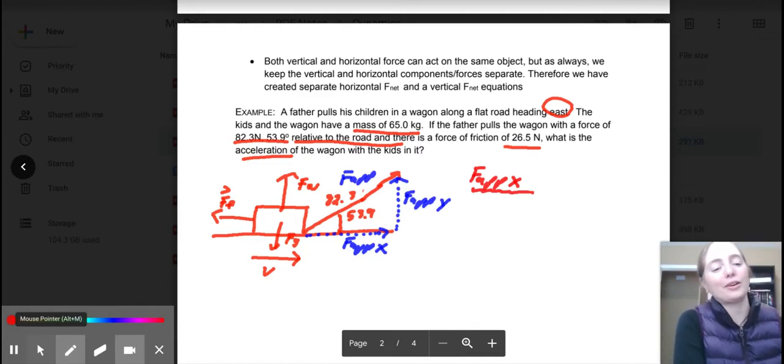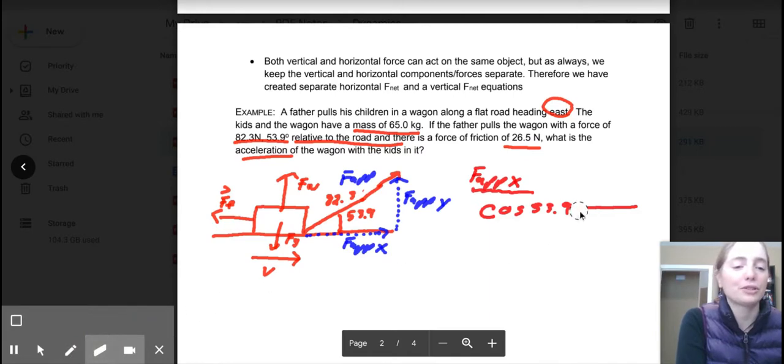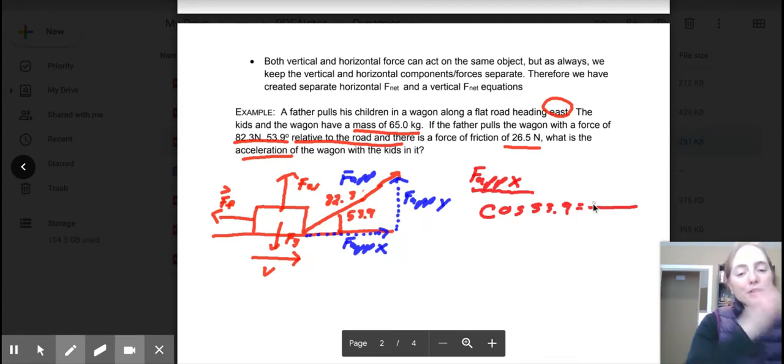Cosine, you are correct. The reason it's cosine is because our force applied on the x is adjacent to this angle. So our cosine of 53.9 degrees is going to be, I forgot to write my equal sign, is going to be equal to